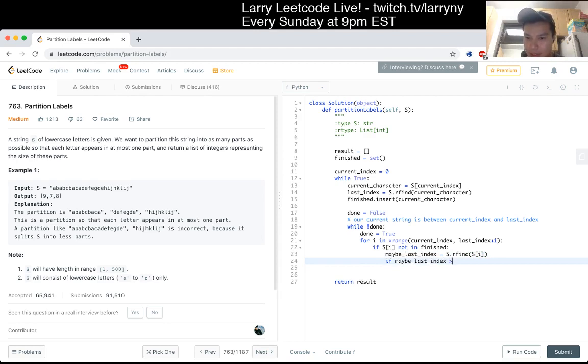That's just greater than last index, then well, last index should equal next, and then you break, and then done is equal to false, and you break, and then you kind of slowly grow out that way, and hopefully it doesn't break. And then now current index is equal to last index plus 1. So okay, so our last condition is actually last, and